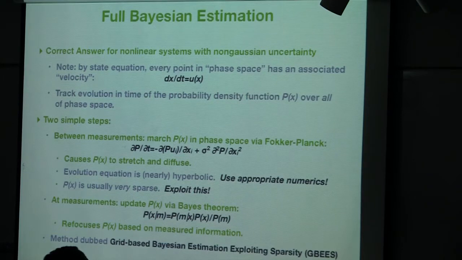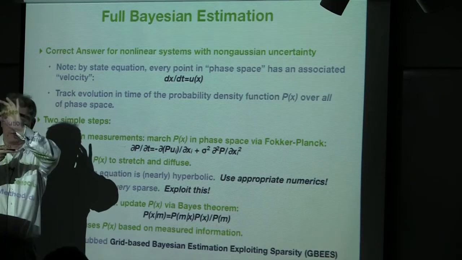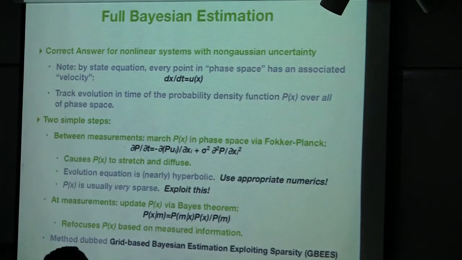And then as I evolve in time, depending upon where I am, the speed at which I'm going to move from some location of phase space to some other location is exactly u of x. That's why I like to think of the right-hand side as a velocity through phase space. So then if that's my governing equation, then the estimation problem is quite straightforward in the full problem. This was actually known before Kalman and Bucy did their work. This was known in the late 1950s,